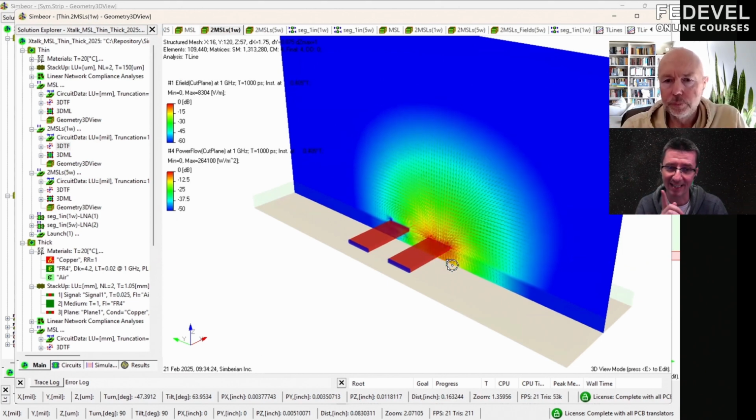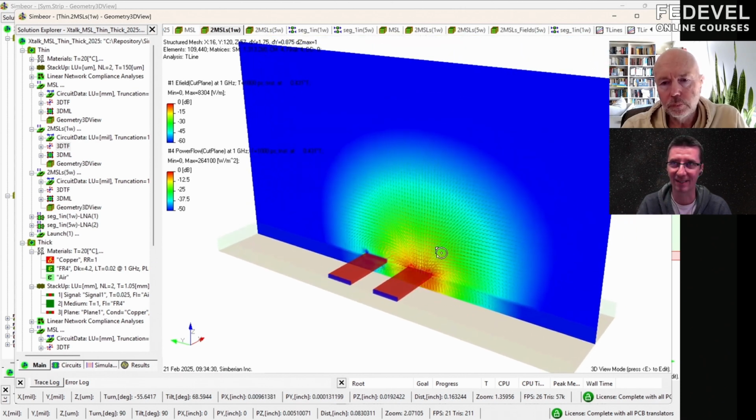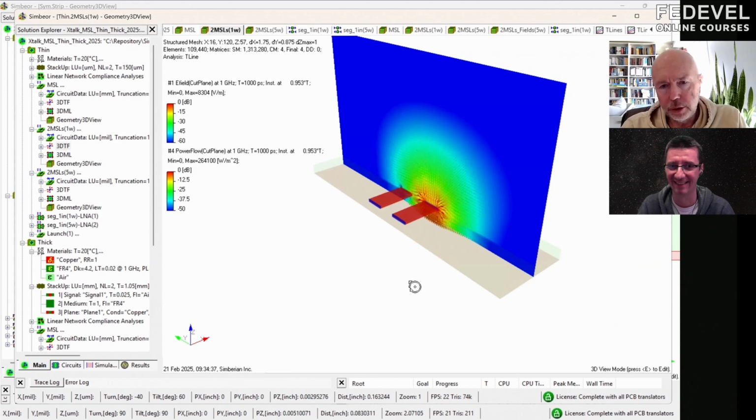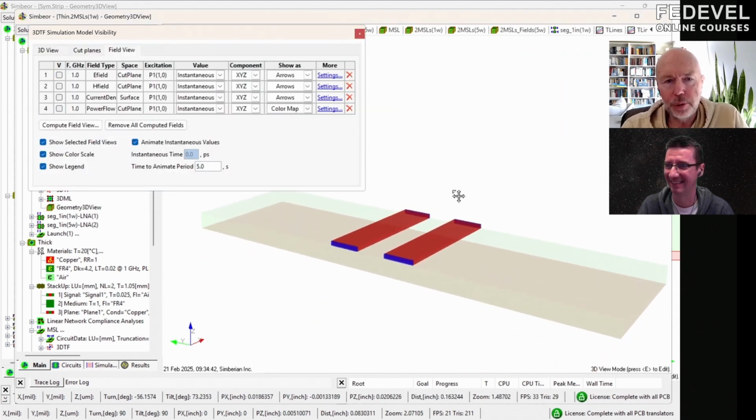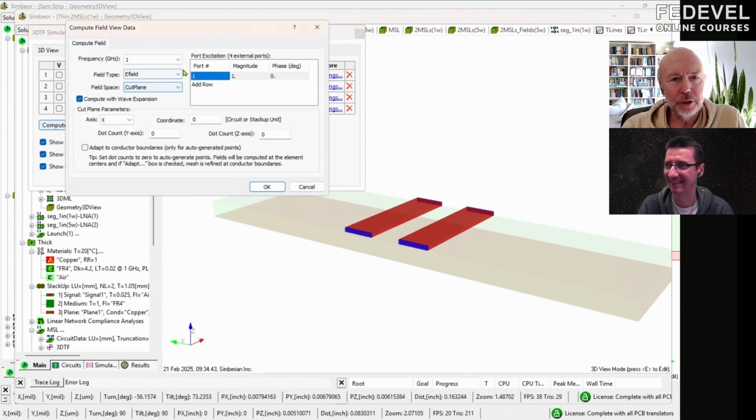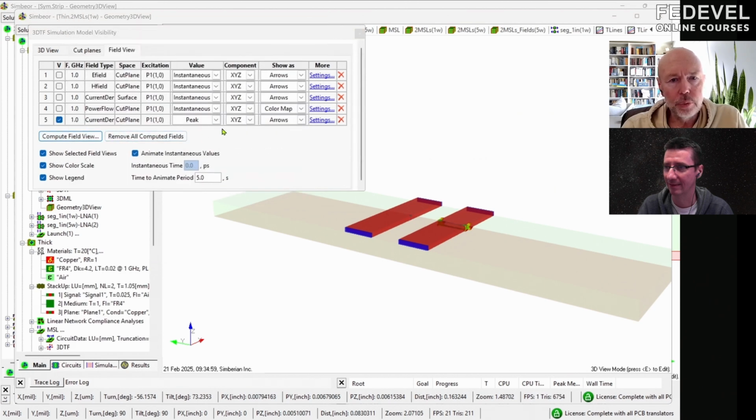Outside, yes. And what was very interesting, and what we may also see in other simulations, is that there can be even higher currents around the edges, but we will talk about this later. Yes, absolutely, and that's extremely easy to compute in Simbeor. I can show you if we start talking about it. Current density, I select current density. Cut plane along x-axis at 0 and adapt to conductor boundaries. I select this option, and now we will see